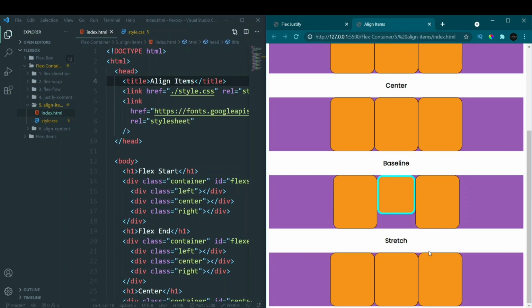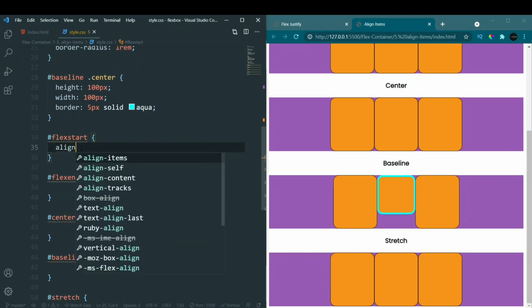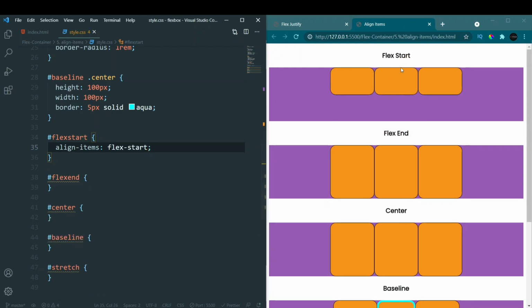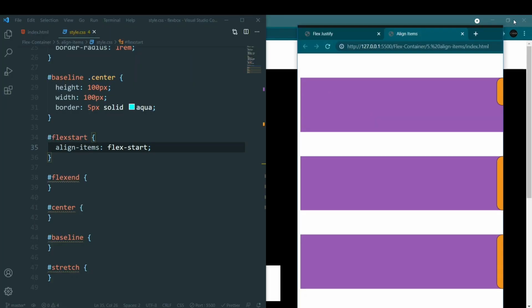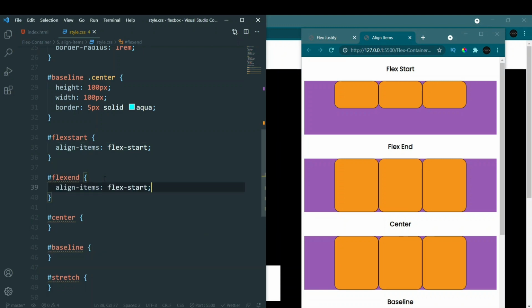Now let's see what we mean by this. Again, go to our CSS. Here we'll add align items, and here we'll write flex start. You can see now it has decreased in size, and now it is at the start of the parent. Now let's go here and set flex end.